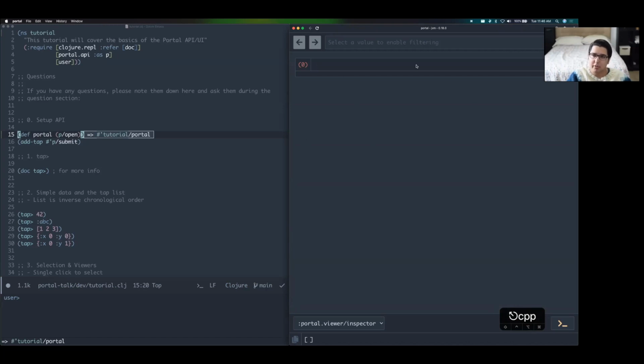And I'll cover the different parts of the UI as I go through this section. So yeah, and if you guys need me to slow down, let me know. But so I've opened the UI on the right, and I'm going to now use some recent functions that have been added to Clojure